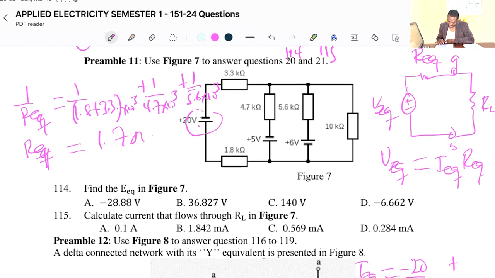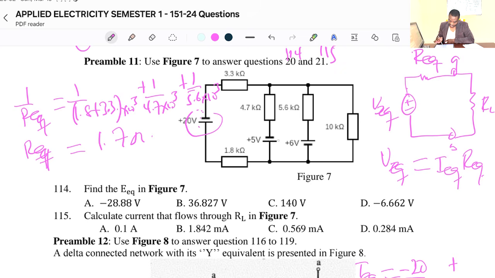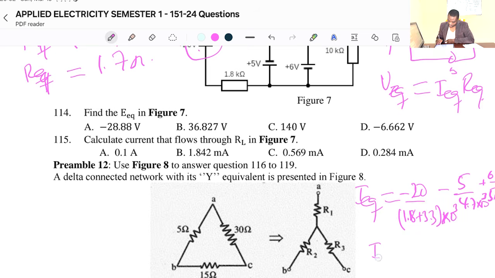Then when it comes to here too, you can see this is also negative, so that will be a negative current. So I can indicate here as minus the voltage, which is 5 over the resistance 4.7. Then the last one will be what? Positive. It will be 6 over 5.6 times 10 to the power 3. So we have this, and when you do, you get that current here to be equal to